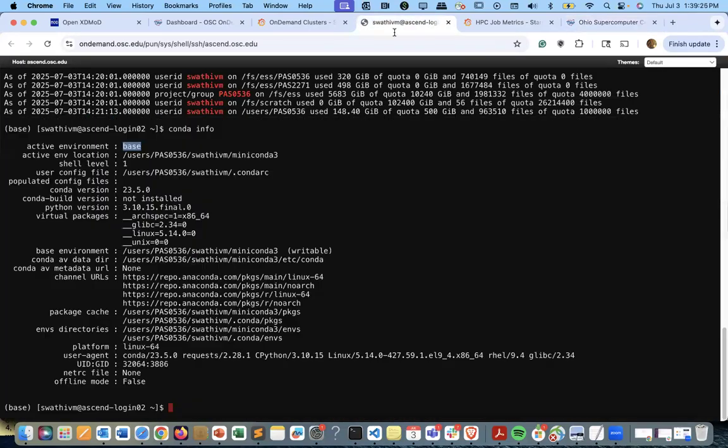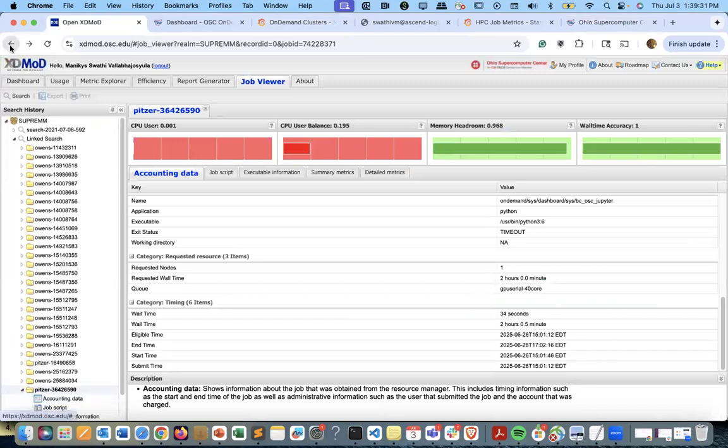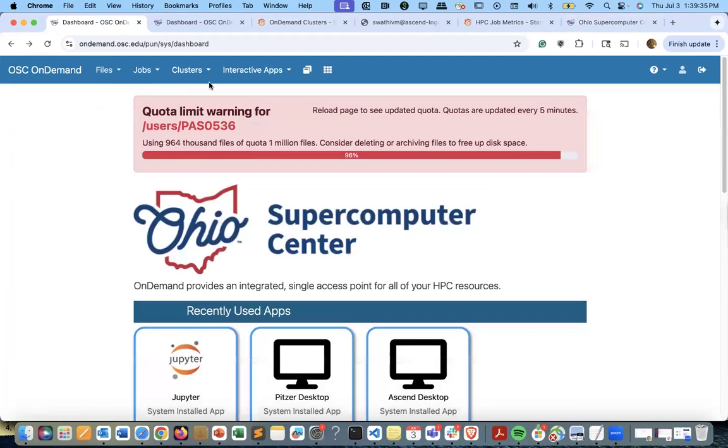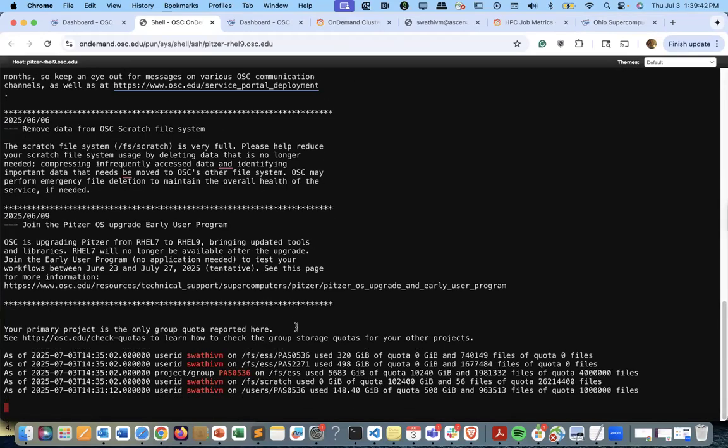So for instance, here I am also on an Ascend node, but let's go to our dashboard. Let's go to our file system here quickly. And let's go to another cluster, say Pitzer. This is new Pitzer, the upgraded one. So now let's do SQ. SQ is basically number of jobs running. I think you also have a command to see how many users are logged into the login node, but SQ,